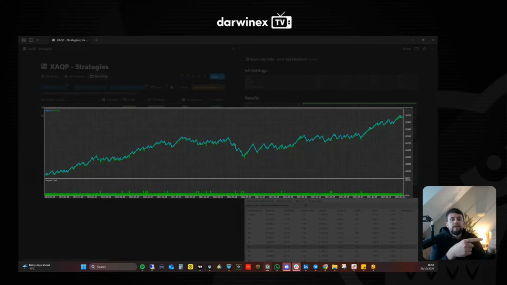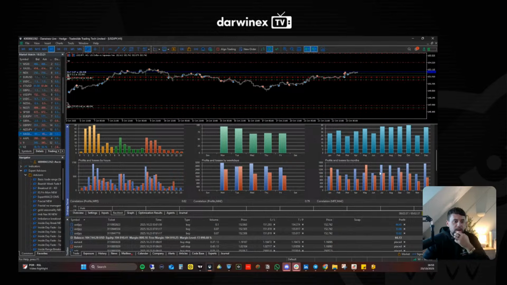I've removed that filter now, so it should still be trading June and July, which it is, because we can see here it's still executed in June and July. But because I've added the spread filter and deleted the second order or any pending orders, it's basically sorted the performance out for June and July, which is fantastic. That's exactly what I wanted. You can see the only two losing months are January and May, but they're not bad enough for me to cancel trading on January and May, because I'll have other strategies that should pick up the slack. If the profit was much lower, then yeah, I'd be going it's probably seasonal and remove it for that month, but I don't see an issue with that.